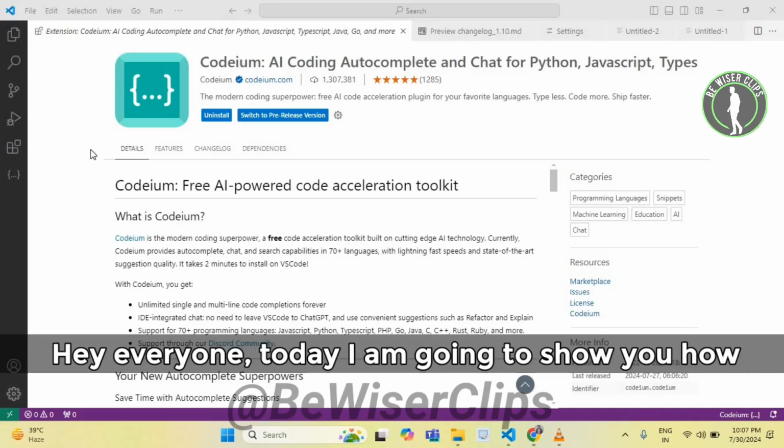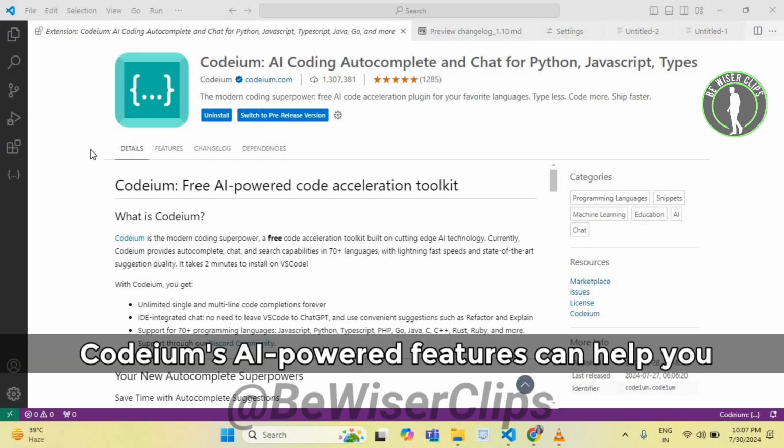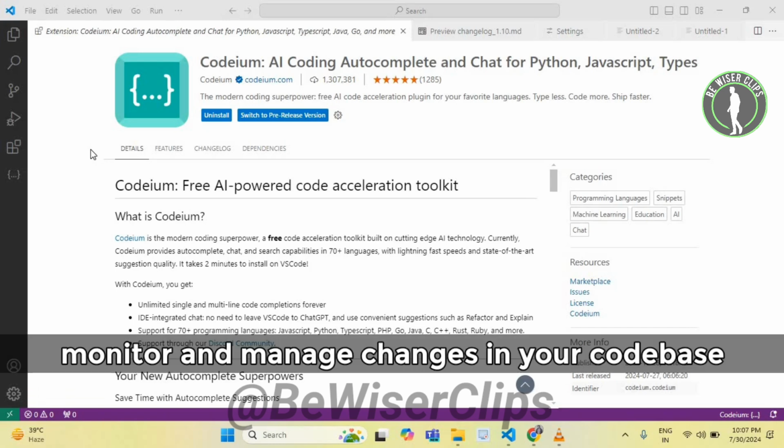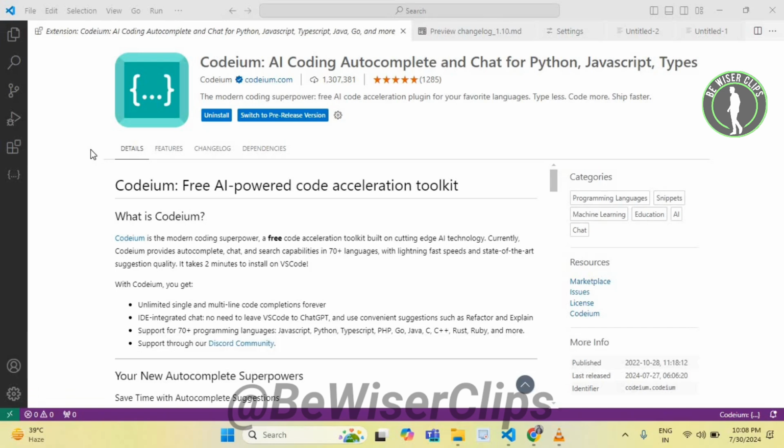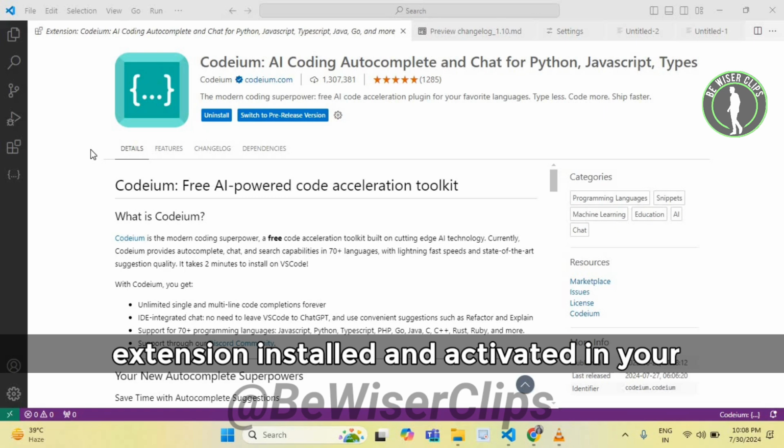Hey everyone, today I'm going to show you how to track code changes with Codeium. Codeium's AI powered features can help you monitor and manage changes in your code base efficiently. So let's dive in. First of all, make sure you have the Codeium extension installed and activated in your code